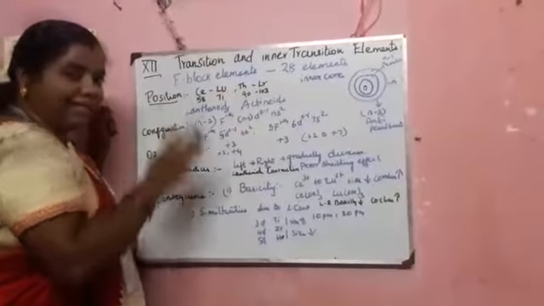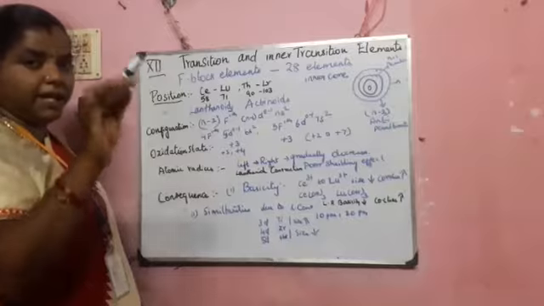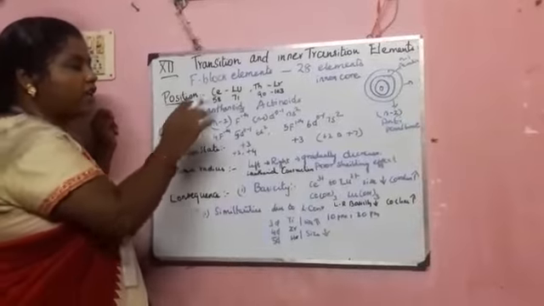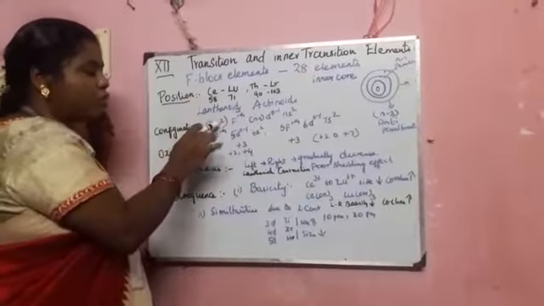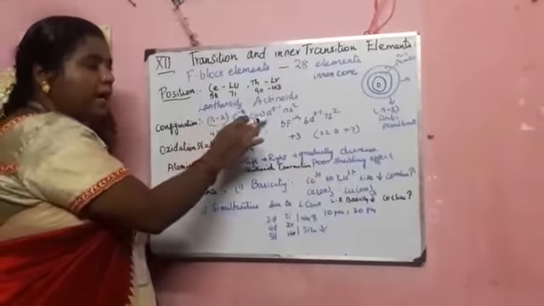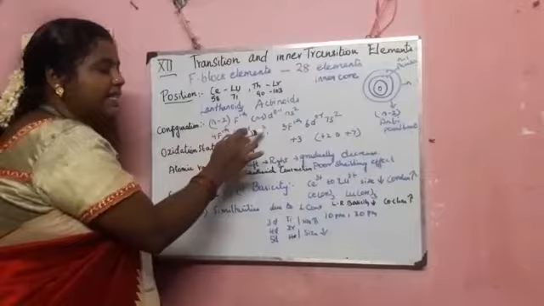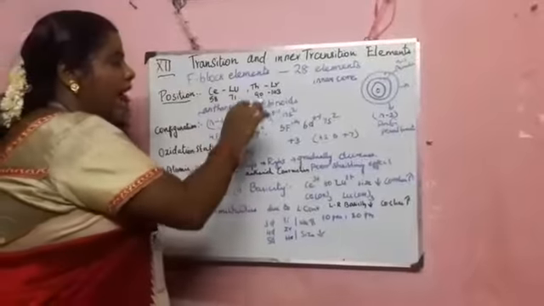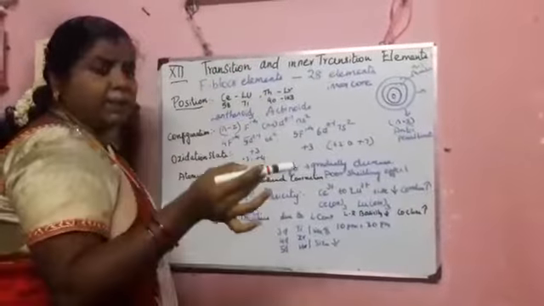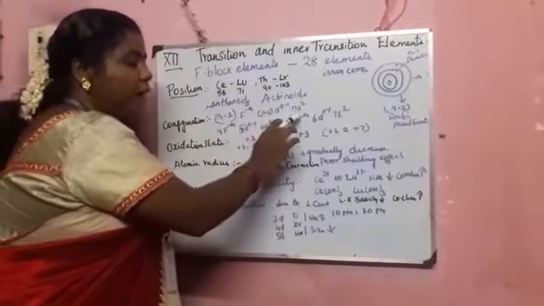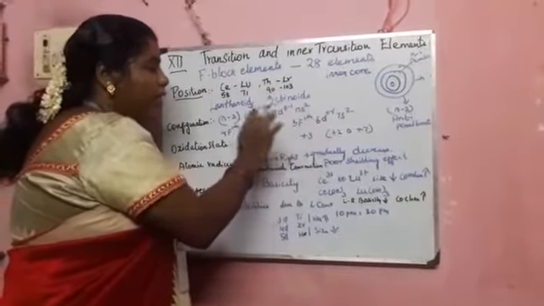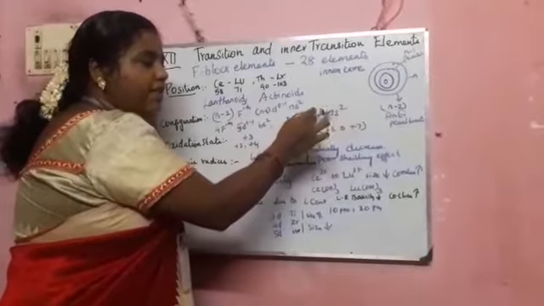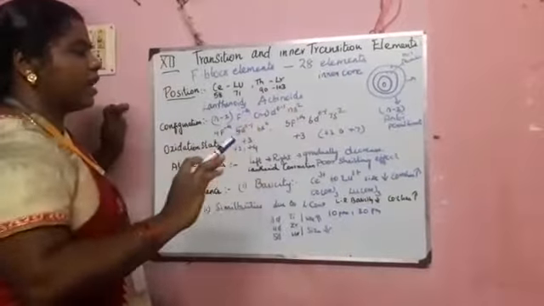For the lanthanoid series, it is the 6th period, so n equals 6. Substituting, the general configuration is 4f 1 to 14, 5d 0 to 1, 6s2. Next, the actinoids are in the 7th period, so 7 minus 2: 5f 1 to 14 electrons, then 7 minus 1, 6d 0 to 1, and 7s2. This is the general configuration for the actinoids.